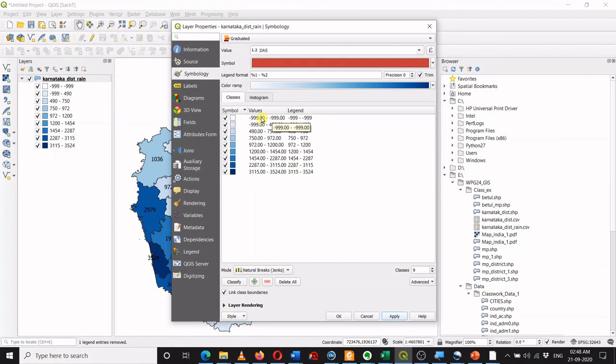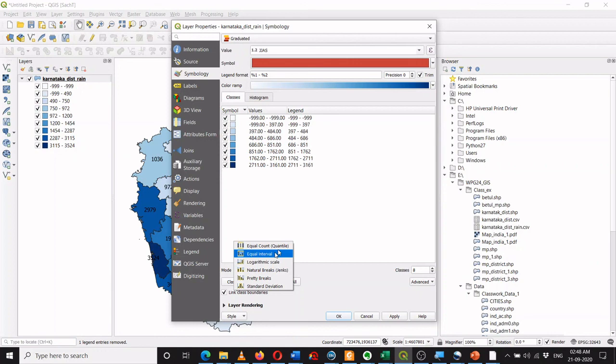So I can again change this to 0, no data, and I can select the appropriate classes by using one of these methods and this classification function. It's up to you how many classes you want to show and which method you want to follow for the classification. Just ensure that the objective is to show the variation in the rainfall.